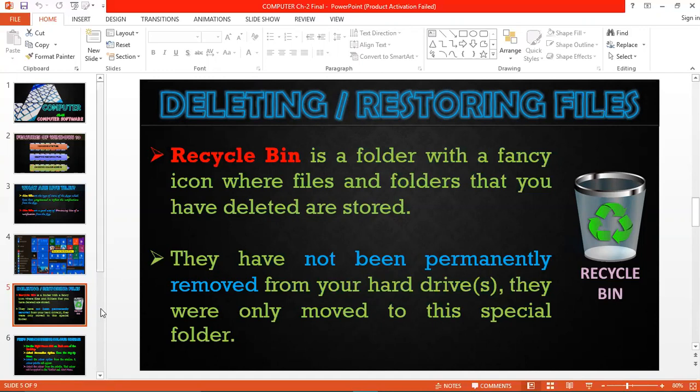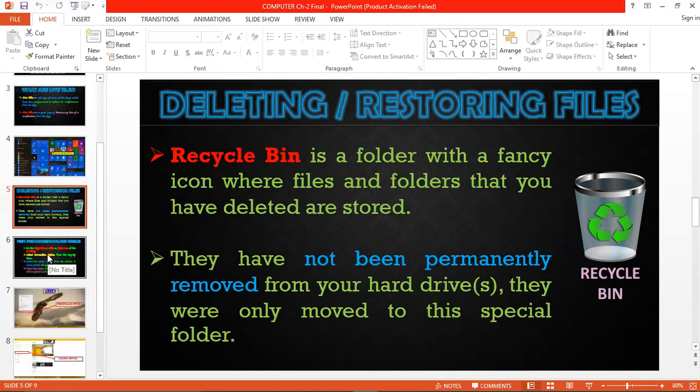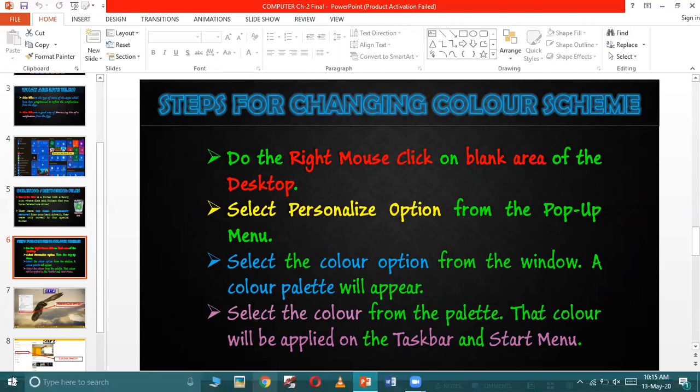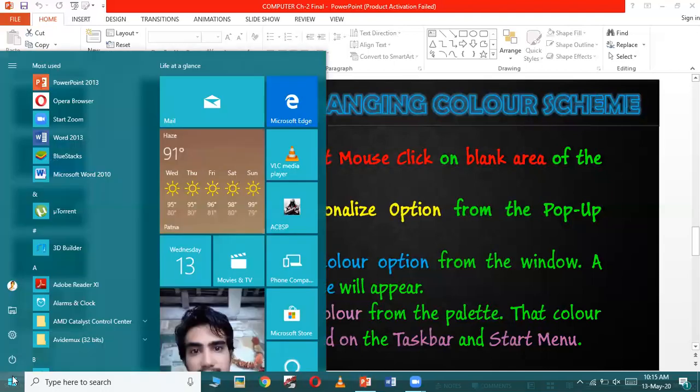So let's move to the next topic, and that is changing the color scheme of your computer. These are some of the steps through which you can change the color scheme of the computer, and the color scheme will always be applied to the title bar, the taskbar and the start button, or you can say start menu.